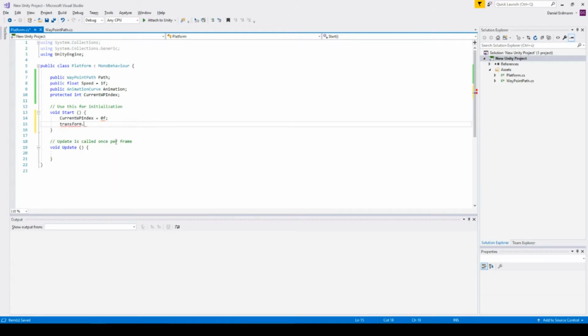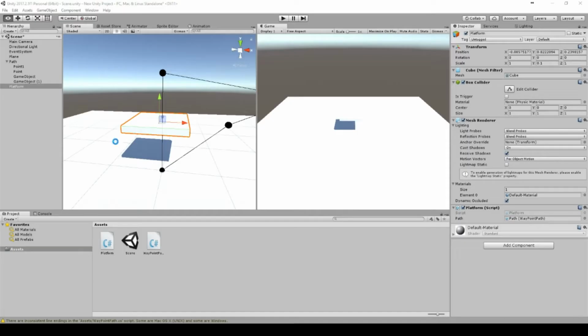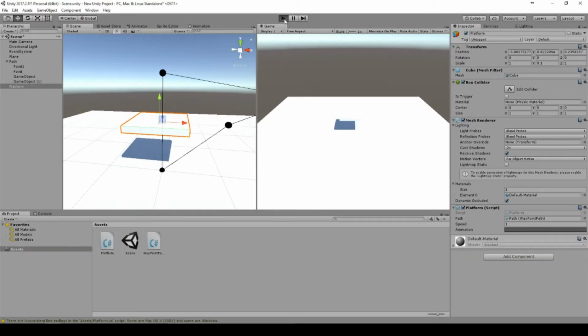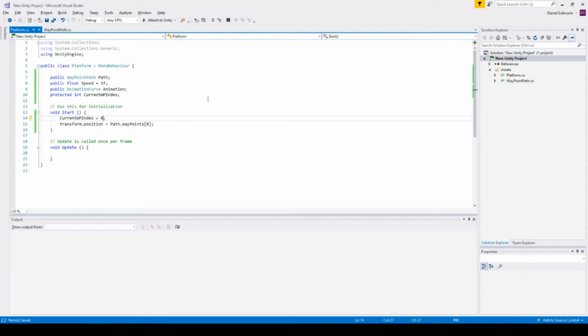We should force it with platform position equals path.waypoints[0]. And as soon as we start, this should already work. The platform should move to the first point, right? And now it has to move. So we have to know a few things. So we have to know the previous target,